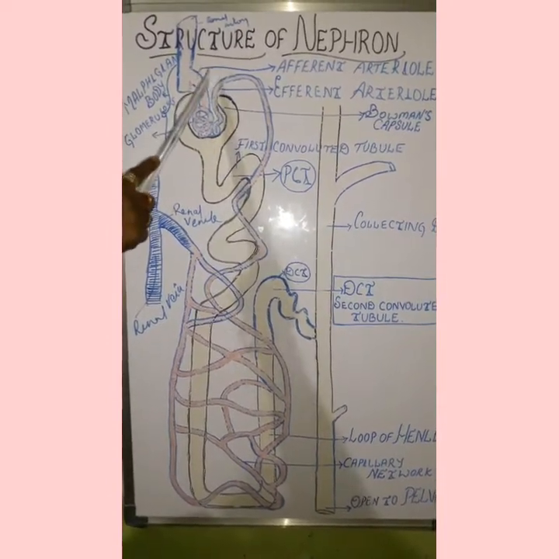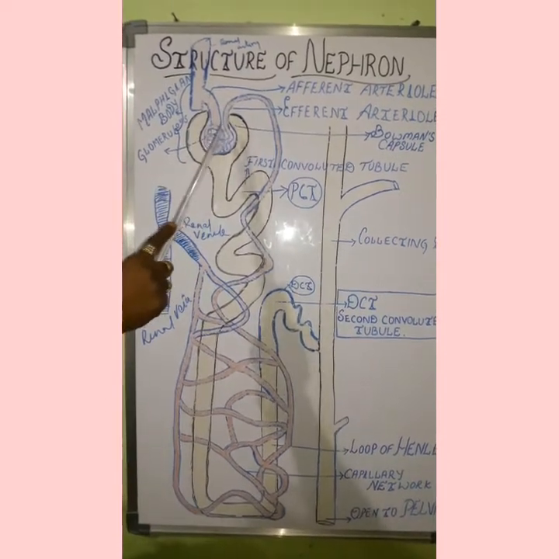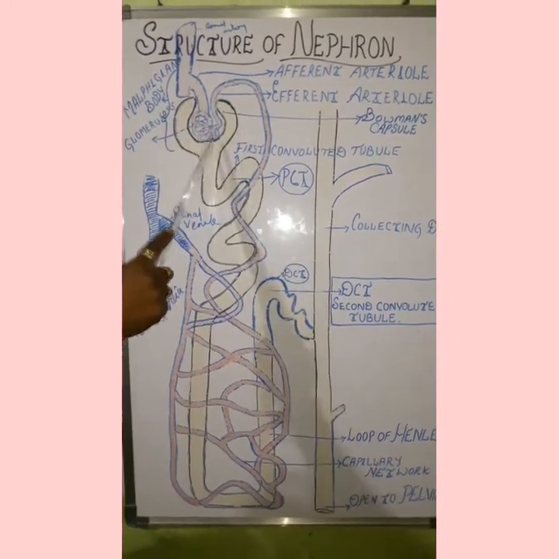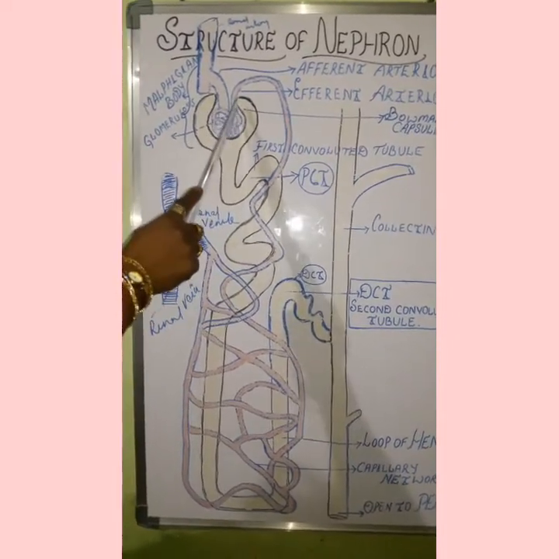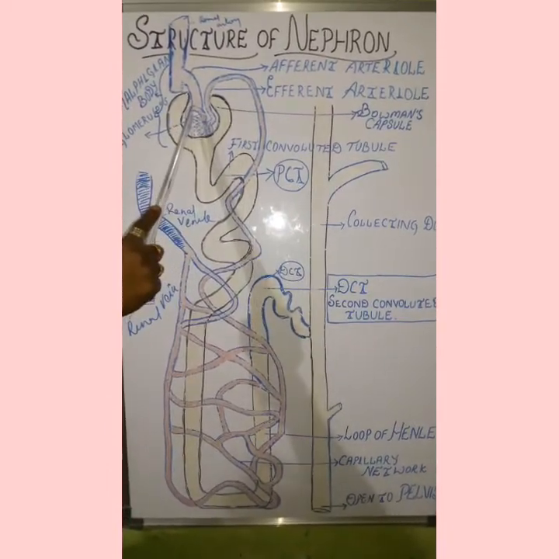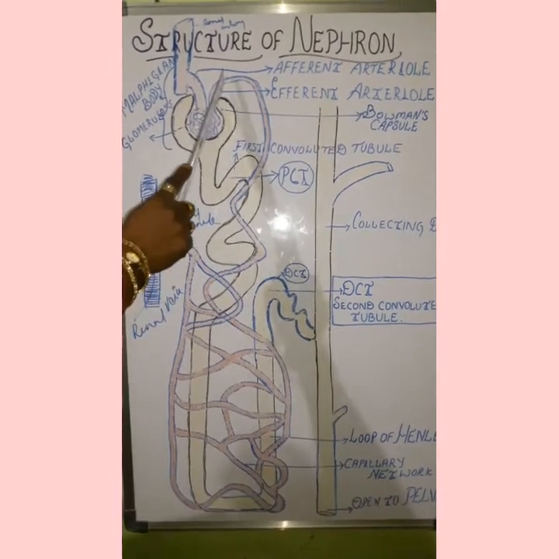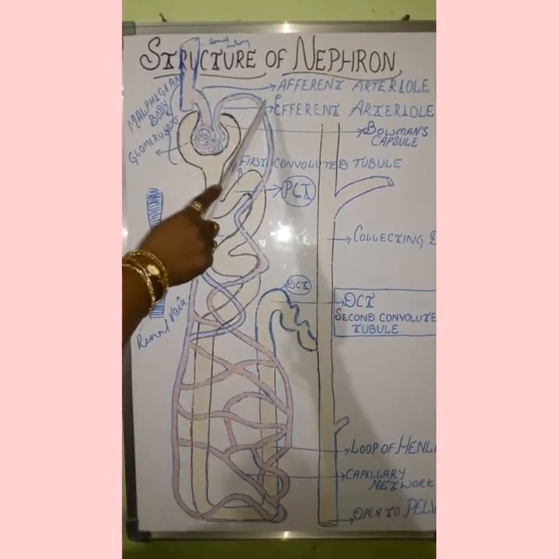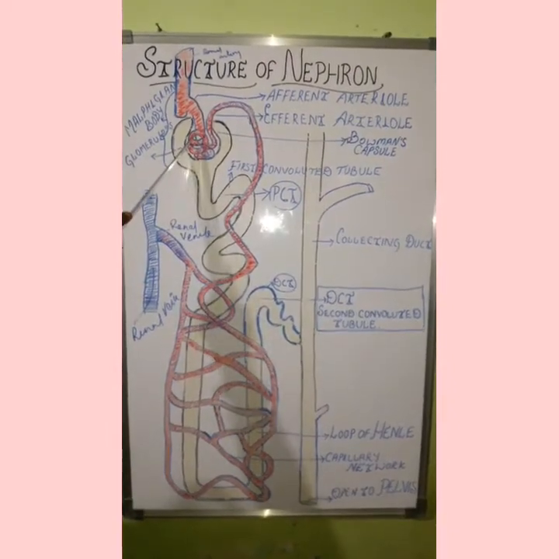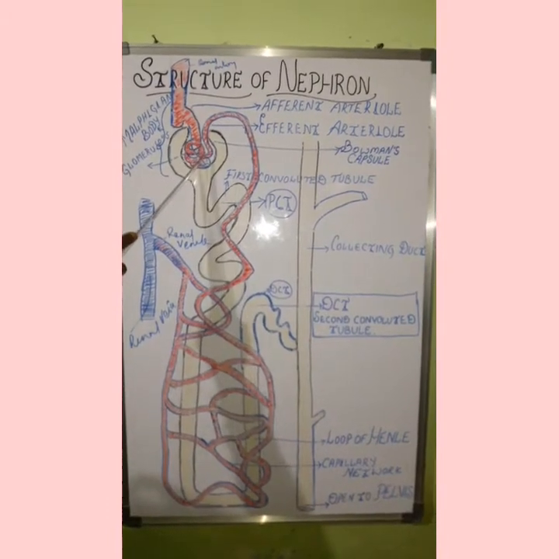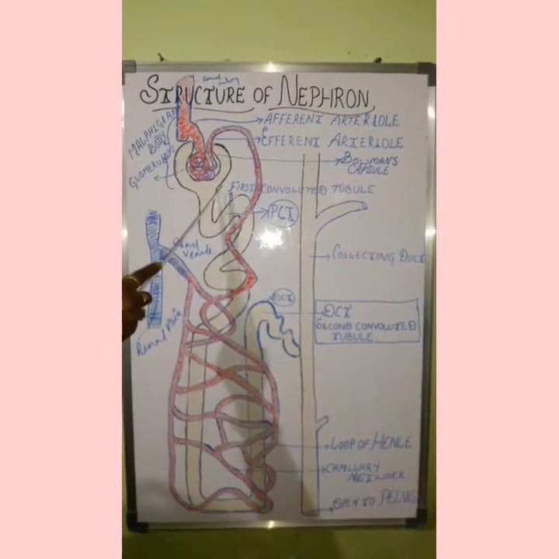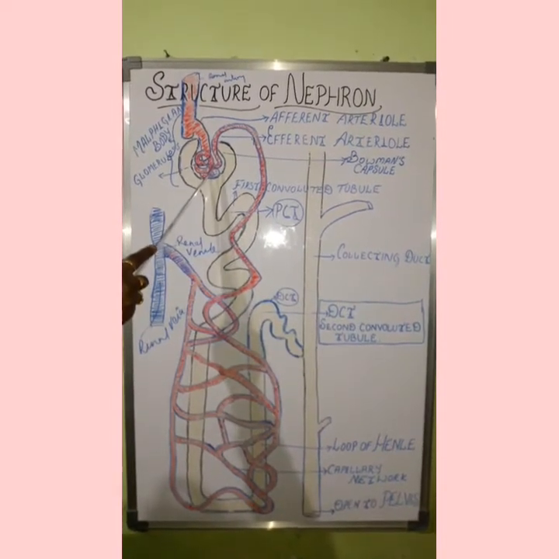The afferent arteriole has a wider diameter. So, the afferent arteriole coils inside the Bowman's capsule. We call this the glomerulus, and it is drained by a thin tubular structure called the efferent arteriole. In glomerular filtration, waste molecules, nutrient molecules and water are filtered out and enter the Bowman's capsule.